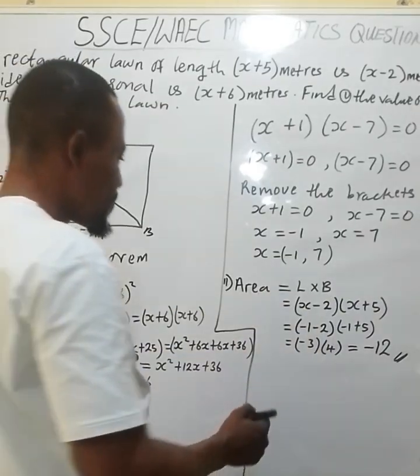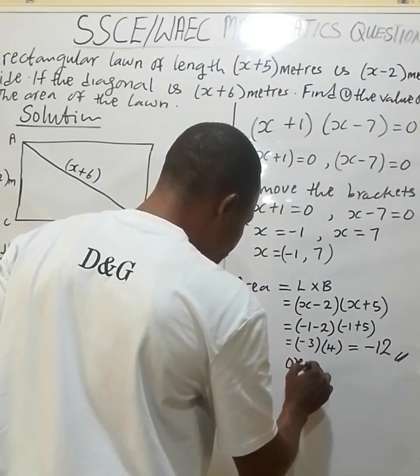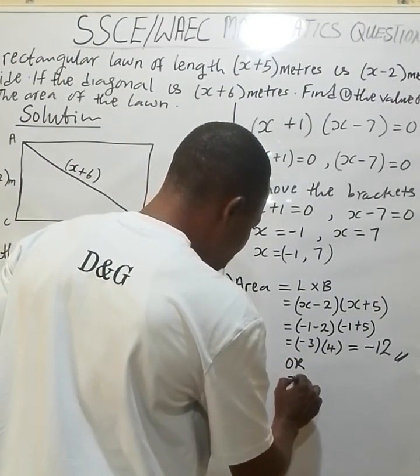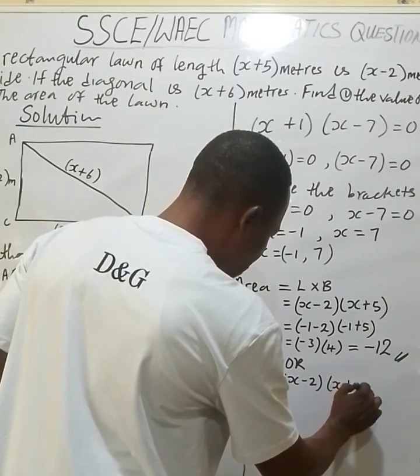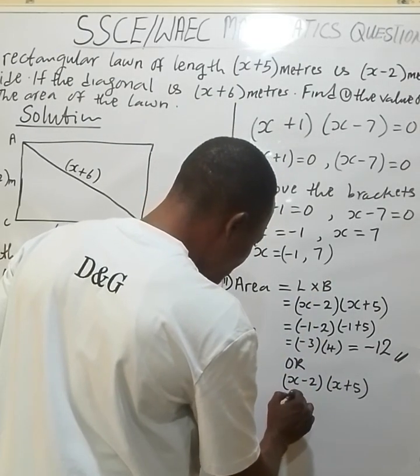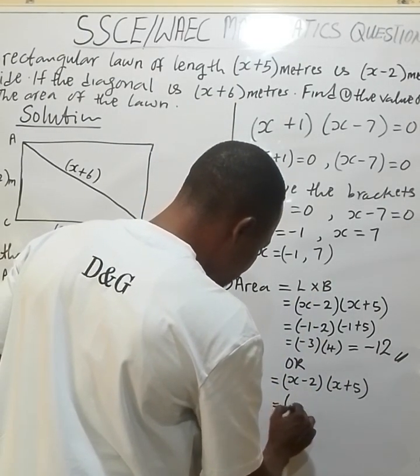Let's now use 7. So we have our x minus 2 into x plus 5. So when x is 7, it will now give us 7